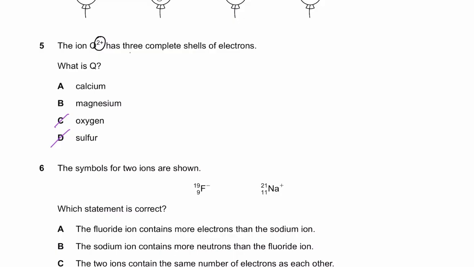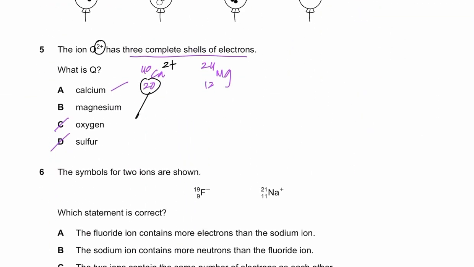And I was saying the ion has 3 complete shells of electrons. If you check calcium out, calcium is basically 20 and 40, and magnesium is basically 12 and 24 in your periodic table. Now 20 means it has how many electrons? It has 20 electrons. But if you have a calcium 2 plus ion, that means that 2 electrons have left. So now calcium would have 18 electrons, and if I were to